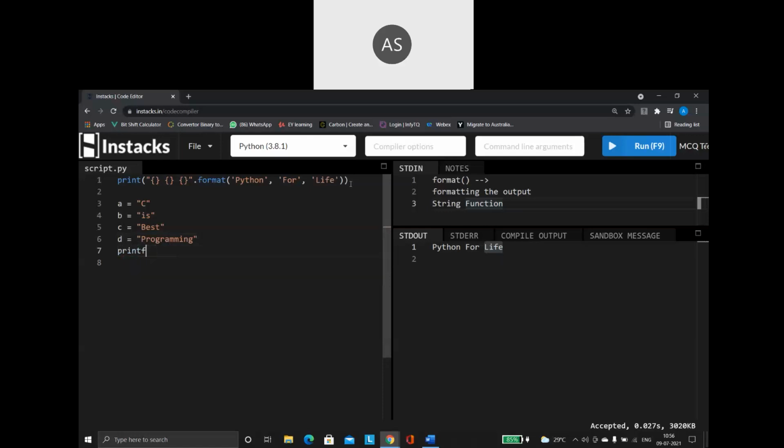I am saying print, and within the double quotes, always remember, whatever you are giving inside the print statement is going to get printed as it is.